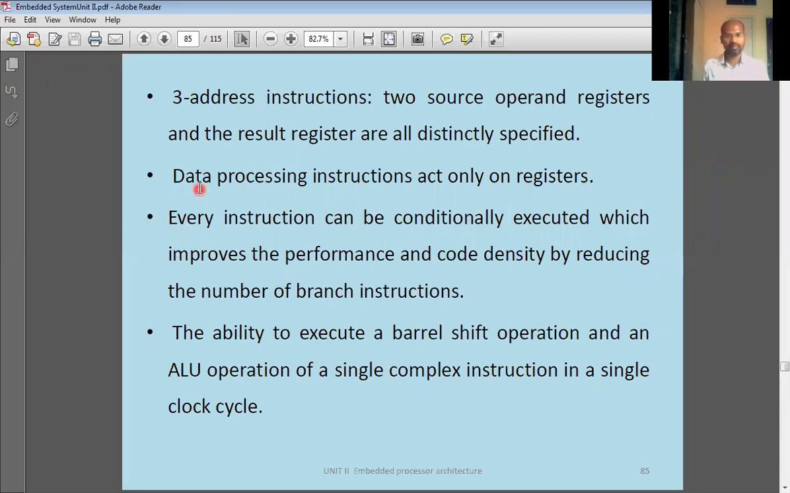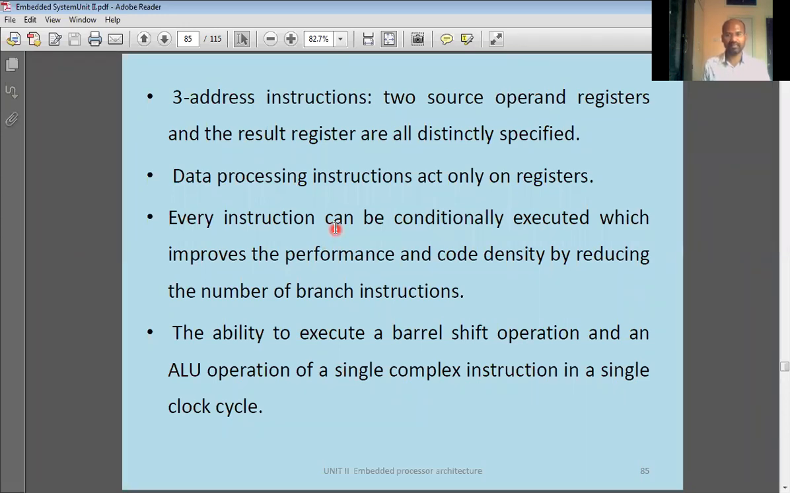Because of this, these instructions are very fast compared to the CISC instructions. Every instruction can be conditionally executed, which improves the performance and code density by reducing the number of branch instructions. You don't need to write specific branch instructions, because almost all instructions are conditionally executed. If you want, you can execute the instruction based on the flag bits of the